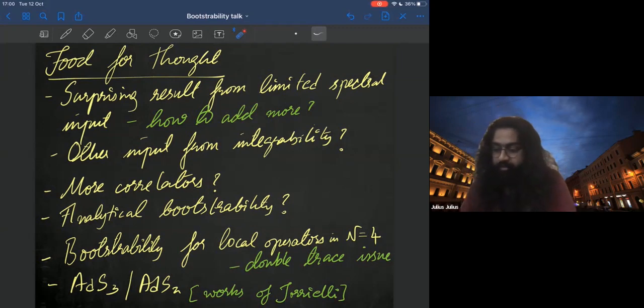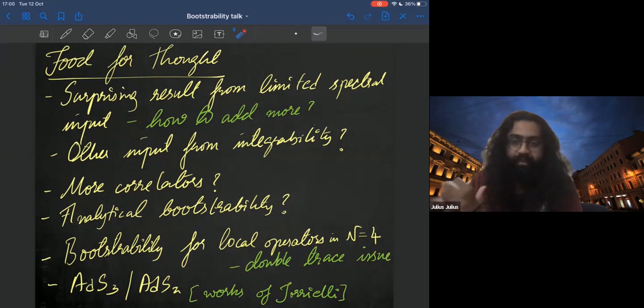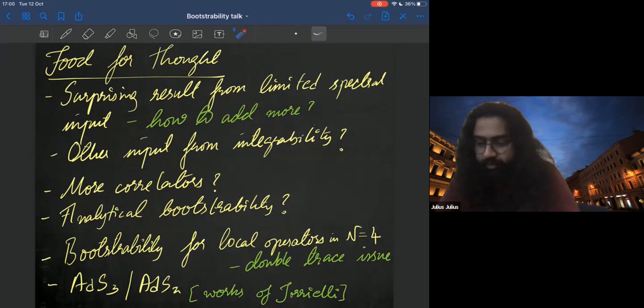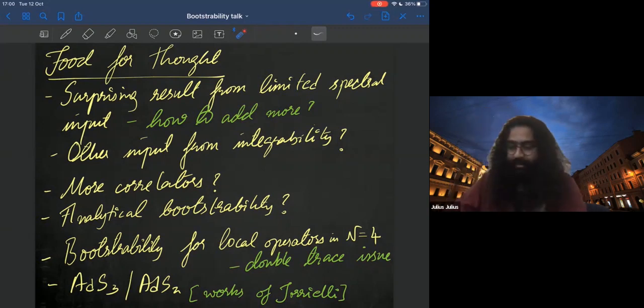Finally, is it possible to extend this approach for local operators in N=4? As I mentioned before, there is this double trace operator issue. So is there a way to understand how to bring that in? And finally,